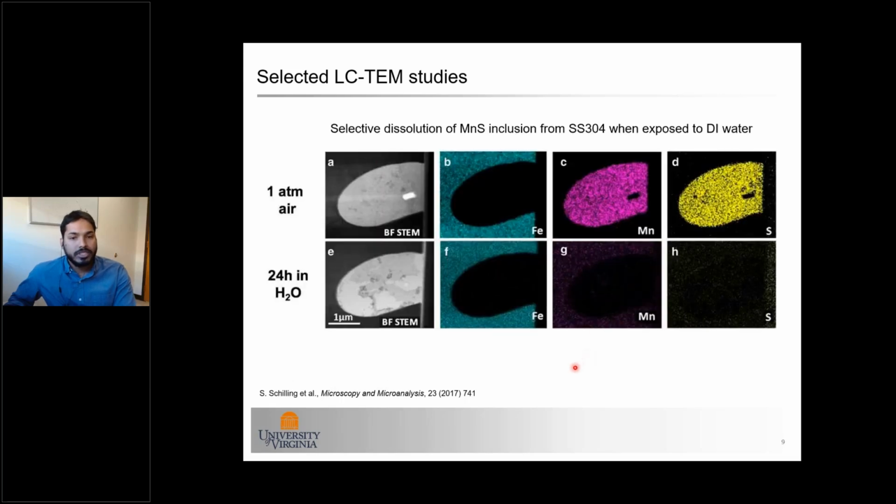The work from University of Manchester showing selective dissolution of manganese sulfide inclusion from stainless steel when exposed to DI water, which is basically known to act as a nucleation site for localized corrosion in critical stainless steel structures. But one thing which is common in all these examples is that they are happening at a free corrosion potential,